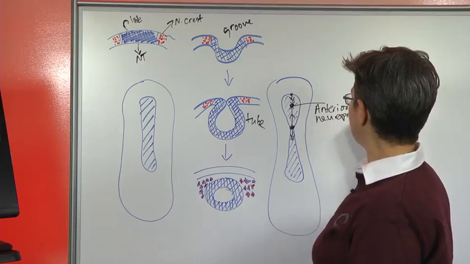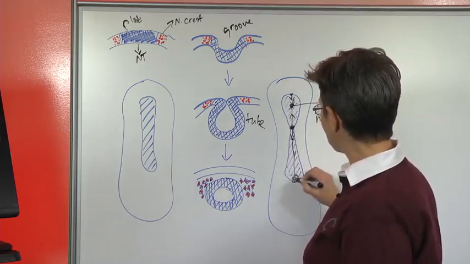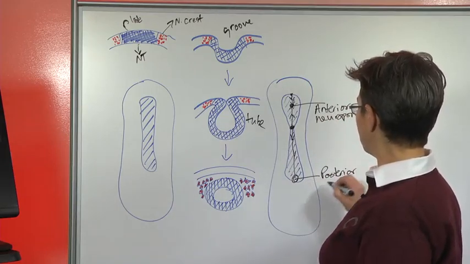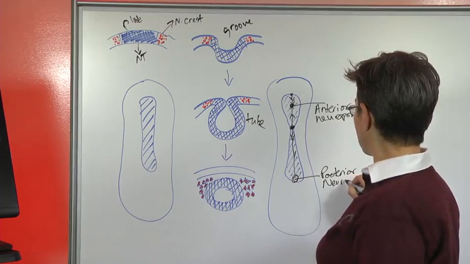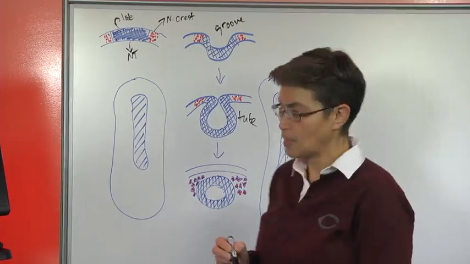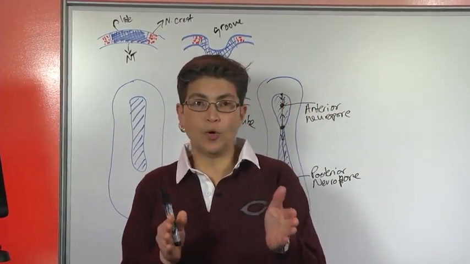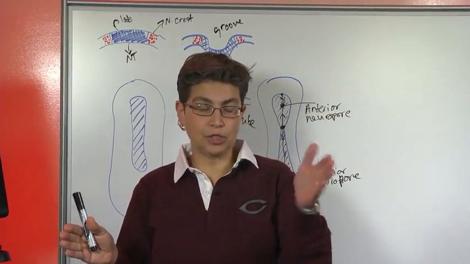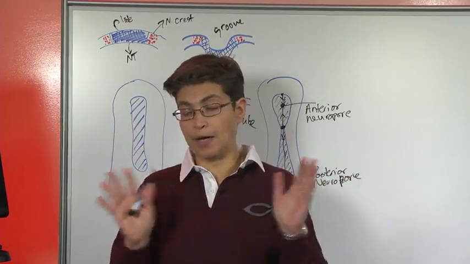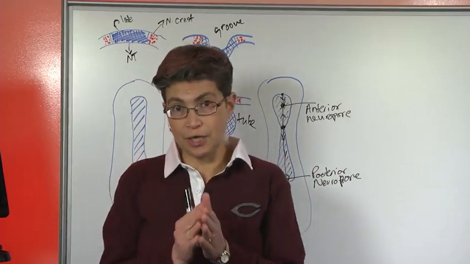And then a little bit later, we close down here at what's called the posterior neuropore. So this is happening between days 21 and 28. It starts at 21, it goes really quickly, and before day 28, so in the 4th week of gestation,